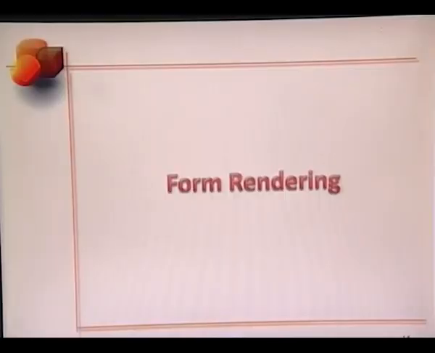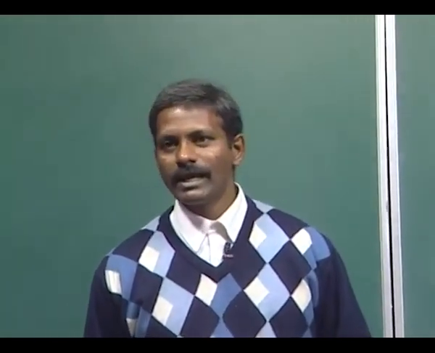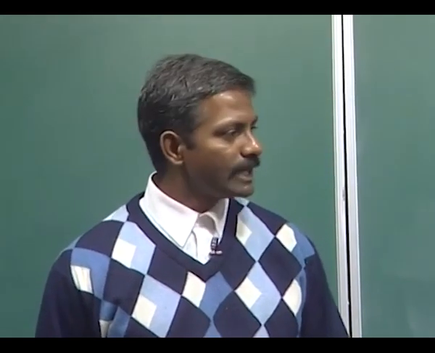Good. So this is the third stage of the design process. We call it form rendering. What we are going to be doing here is that based on the shortened function list that you have in stage 2, you're going to be sketching different forms of your design. Again, the time that will be provided to you will be very limited. So you'll have to sketch about 20 to 25 designs in, let's say, 5 minutes. Okay. So you'll have to be really fast.